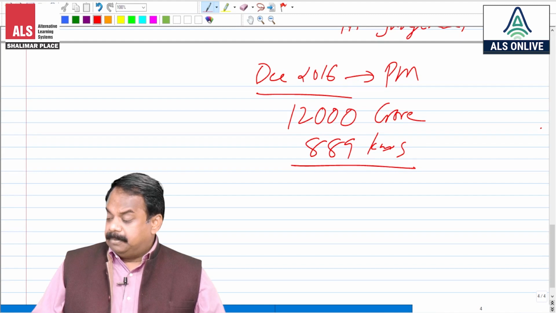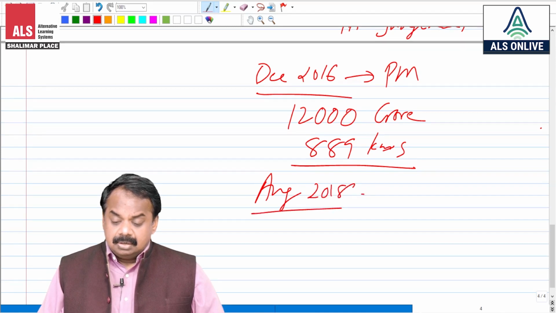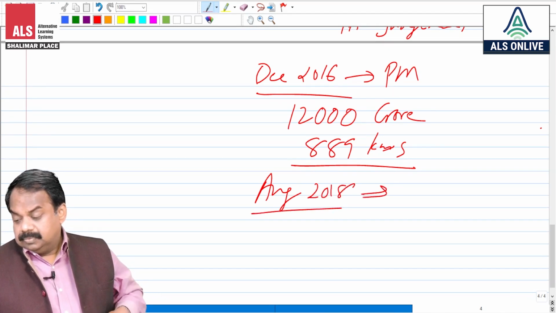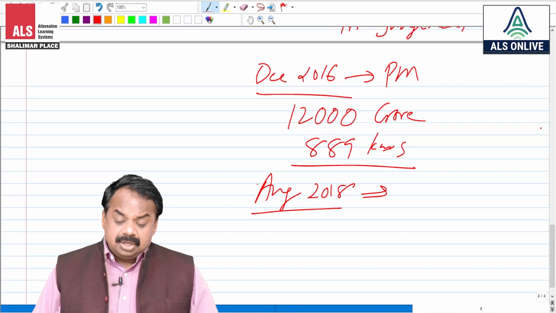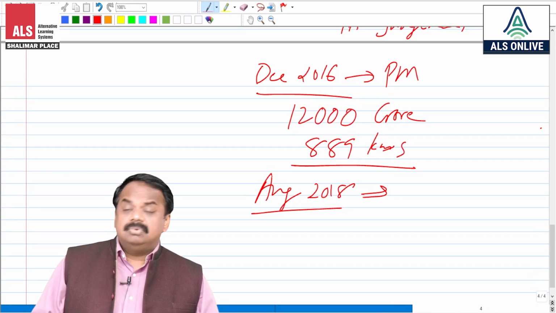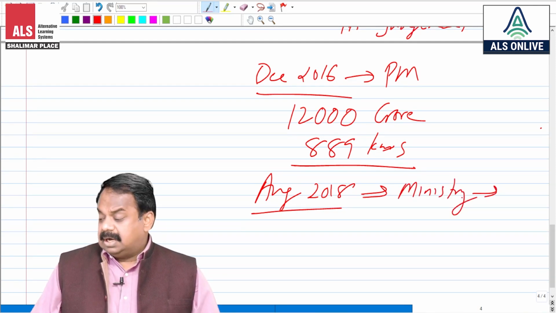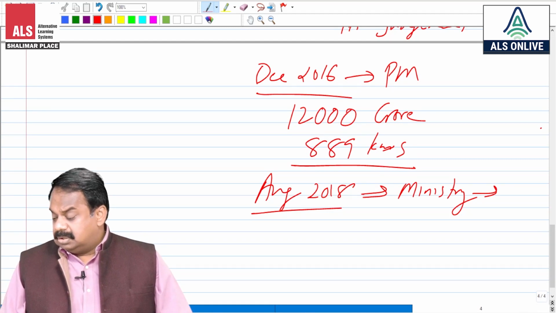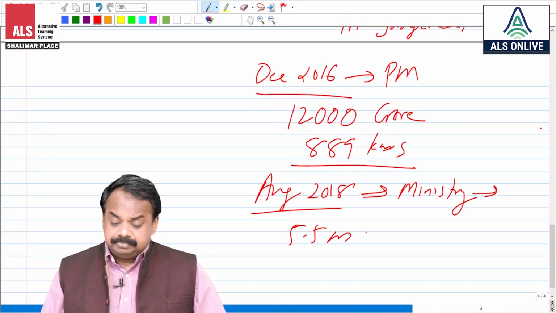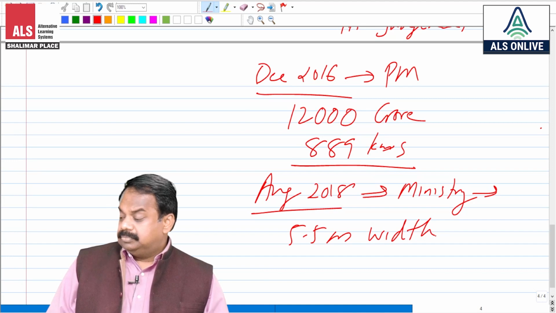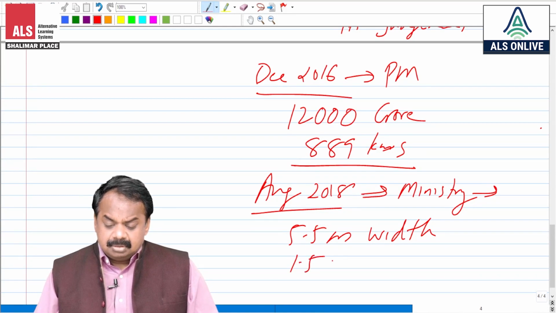Of road, okay. In August 2018, when this project came, in March 2018 first, the Ministry of Highways and Road declared that this road will be of 5.5 meters width with a 2-lane structure, with a 1.5 meter shoulder